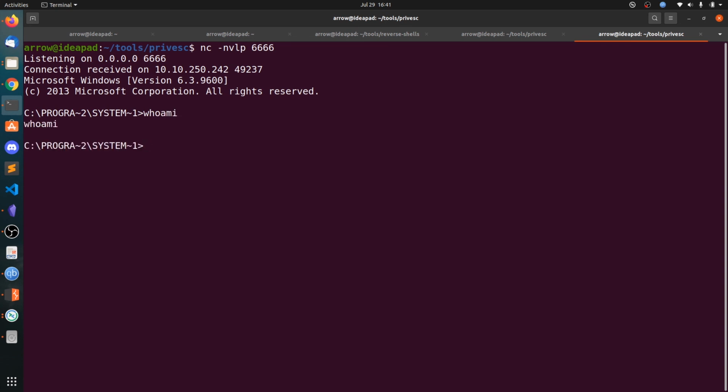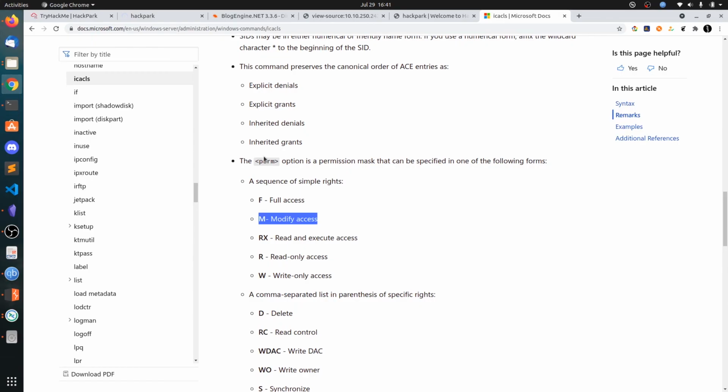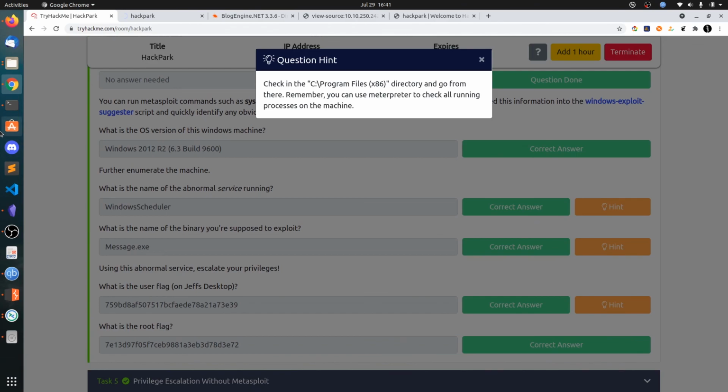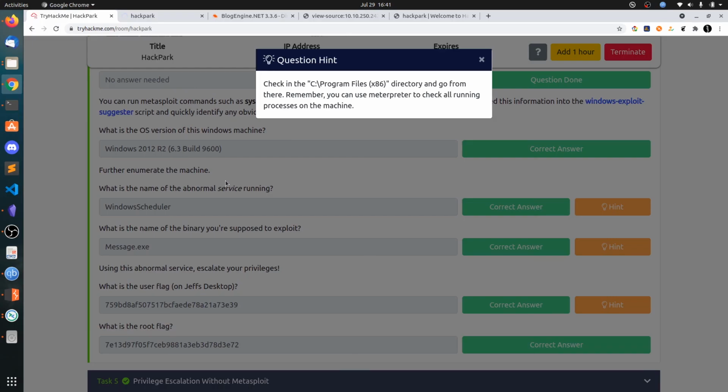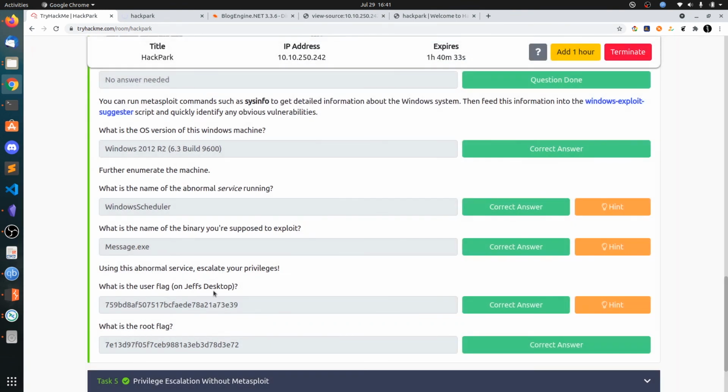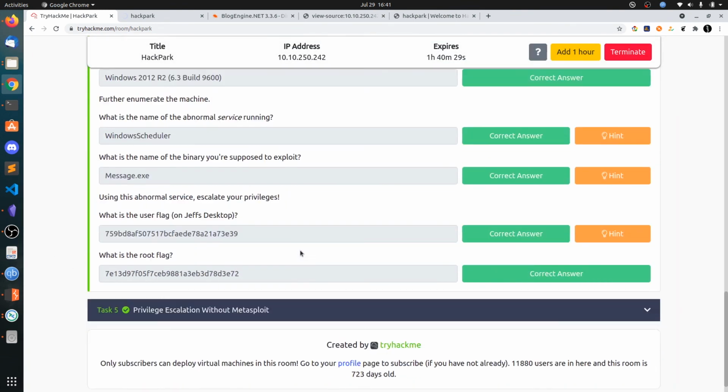Who am I? So we got the administrator access. So this is the intended path they have put, and also I think this using the credentials to RDP into the system is also intended because they have opened the RDP port, right?